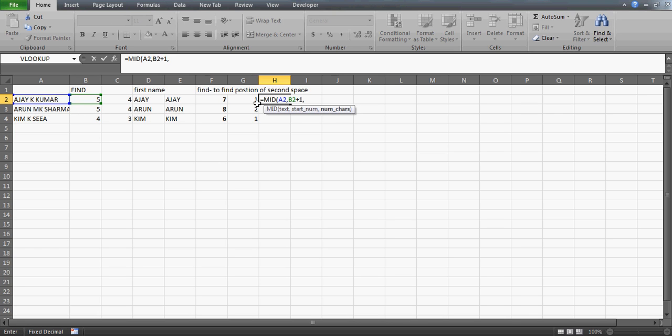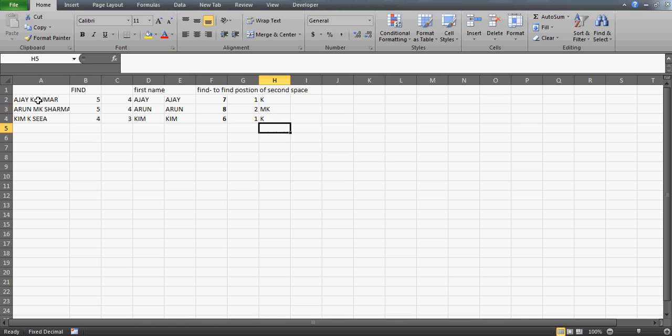And how many characters do you want to return? I want to return the characters which are actually the difference between the second space and the first space, right? And drag this formula down, and this is how you can get the middle name from here, right? Anyways, that's not actually the motive of the video. This is just an additional benefit which you have watched, but we wanted to actually extract the